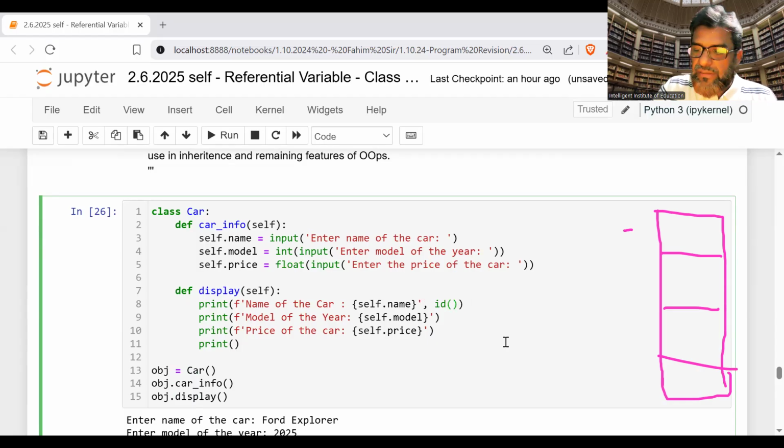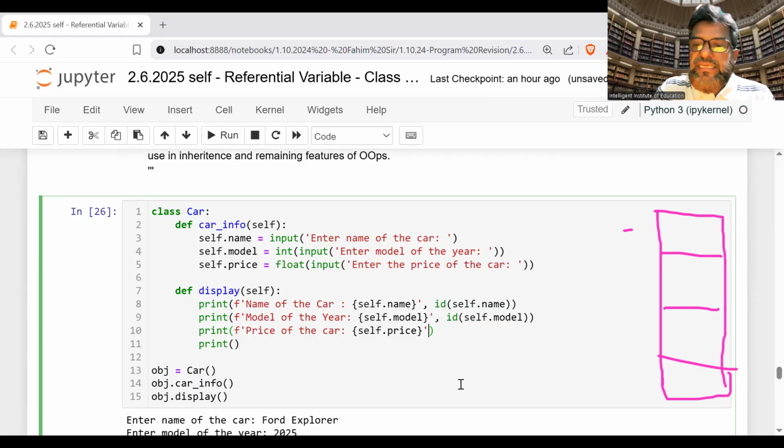Here will be self.name. Okay, and here also comma id, and that is called self.model,